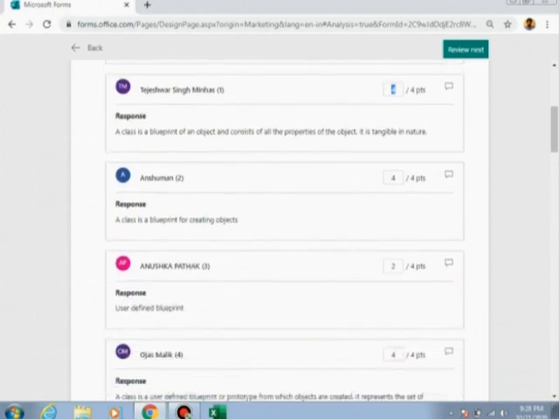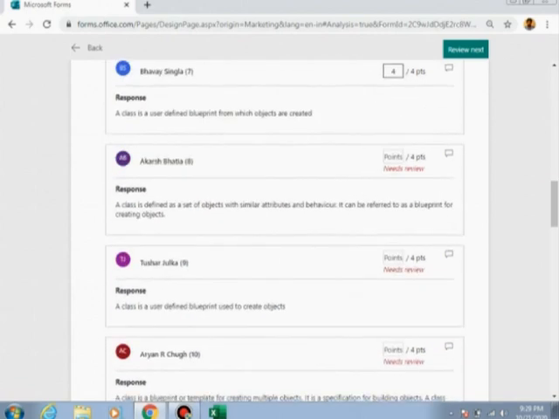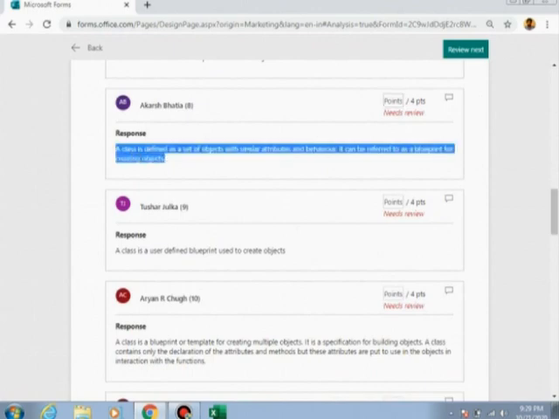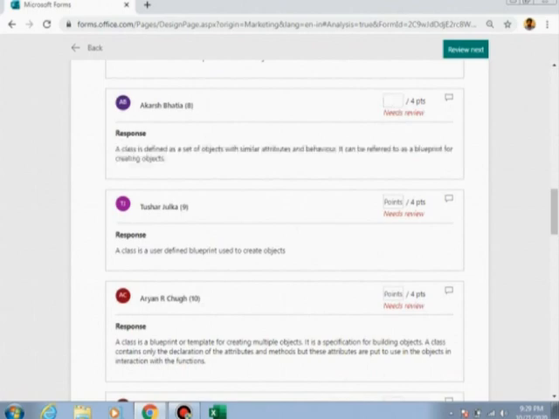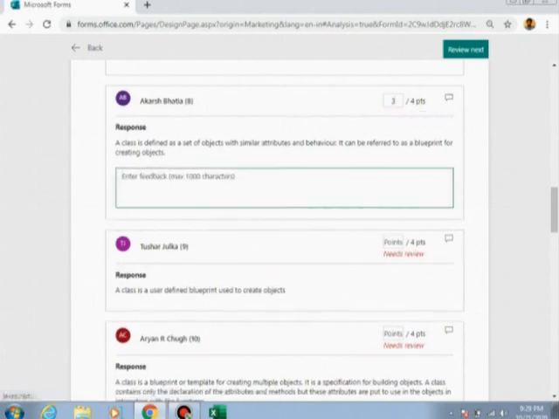Similarly, Anshuman wrote this as the answer. I have given him a score of 4. In fact, I have already checked it, so this was actually 0 in the beginning. You will find there are so many which I have not checked, so you will find this kind of answer. Read the answer, and whatever is supposed to be scored, write the score here. If this required a 3 score and you wanted to give feedback to this child, you can give feedback using this, and write whatever you want over here.